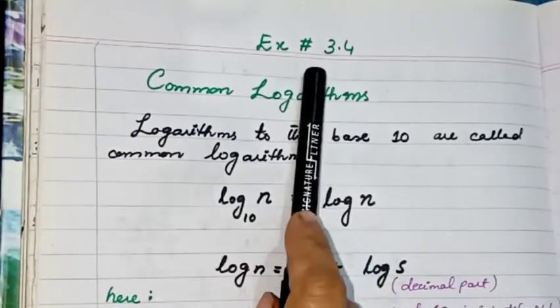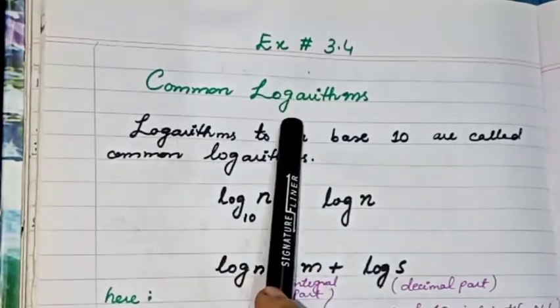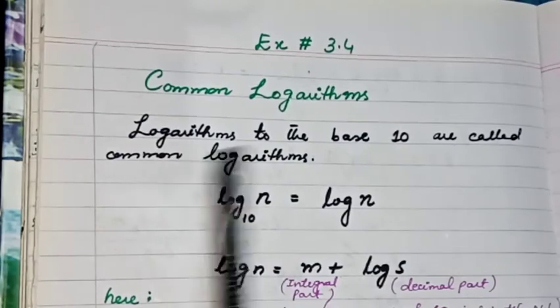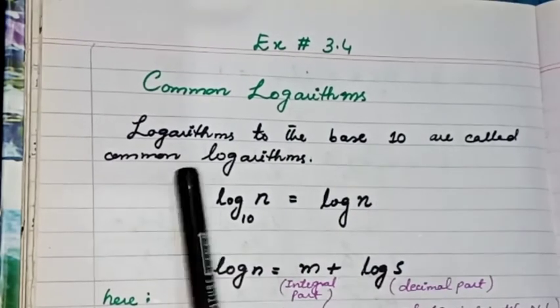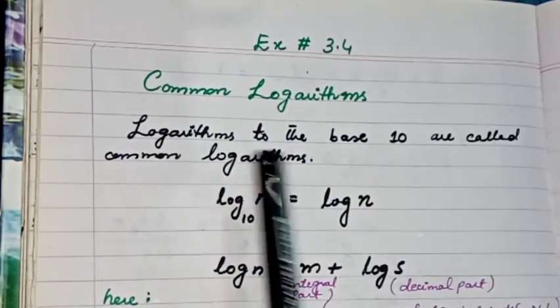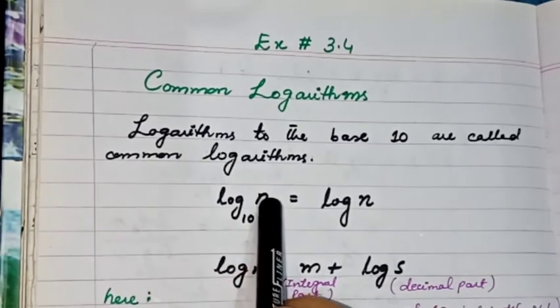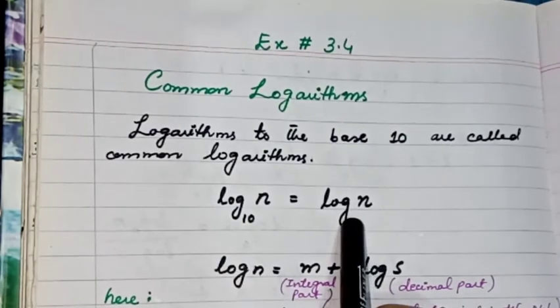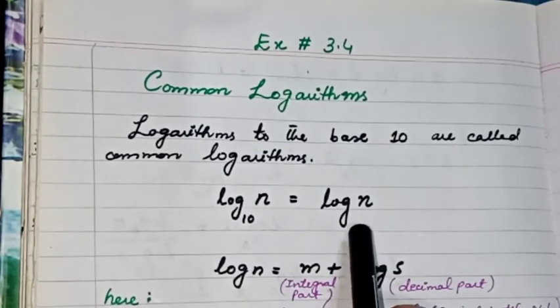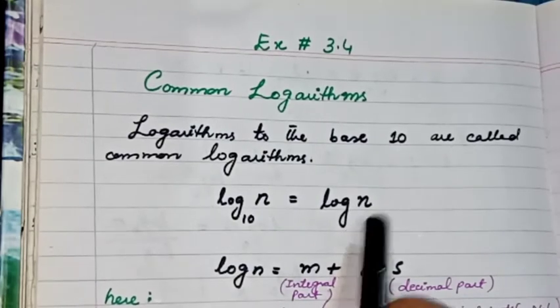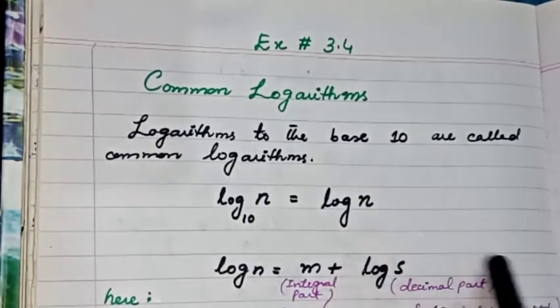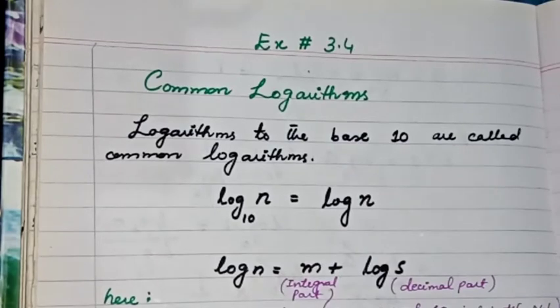I am going to start exercise 3.4. In exercise 3.4 we have to deal with common logarithms. Logarithms to the base 10 are called common logarithms. So log of n to the base 10 can be written like log of n. We don't need to write 10 always as a base because it is understood that the base is 10 in